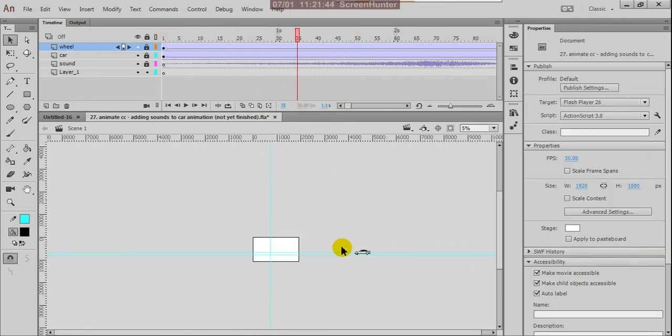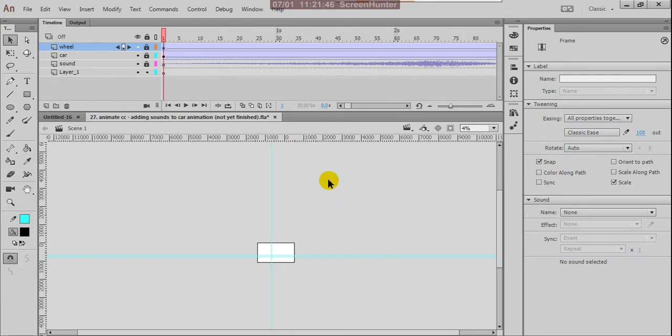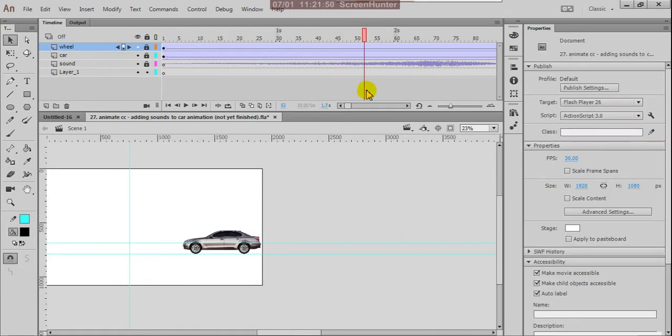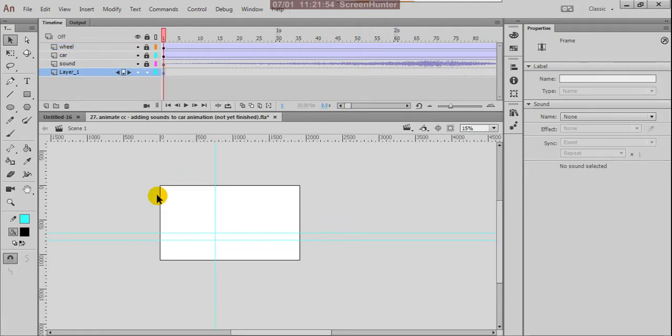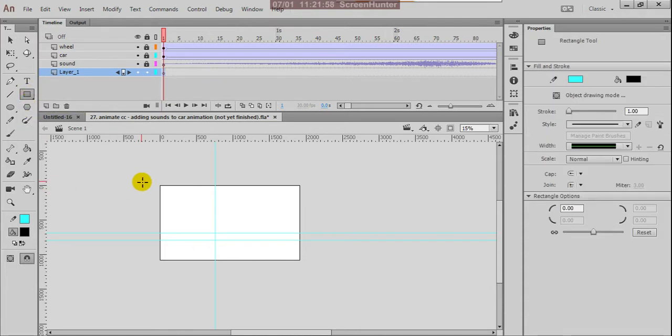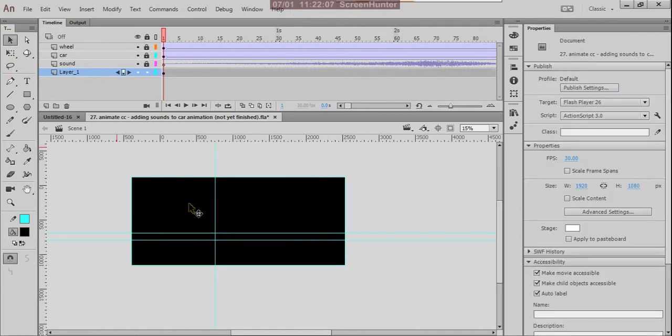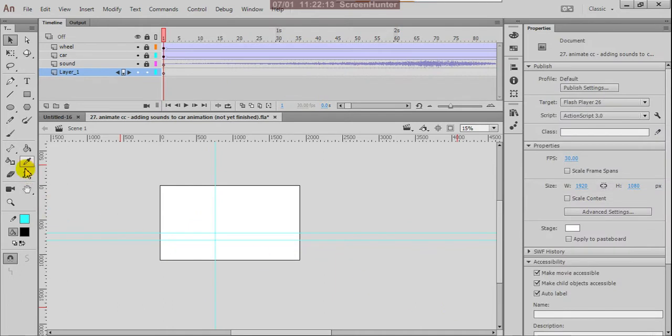Okay, it is there. Somewhere it is coming inside, anyway, no problem. Here I'm planning one background, so for that I'm giving one rectangle. Just delete this, I'll do this again.